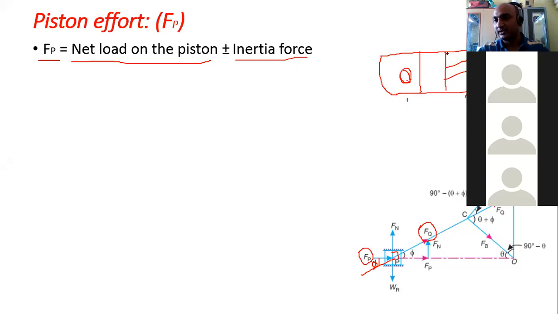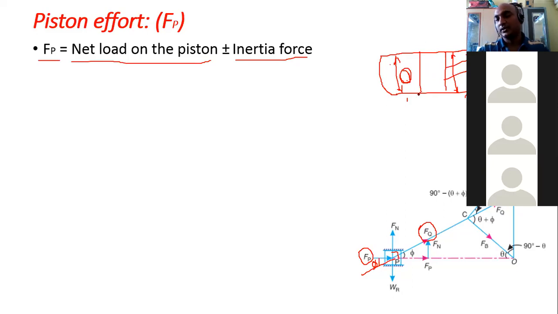The side with the connecting rod is called the crank side and this is called the piston side. The area on the crank side is less. Why? Because the available area is equal to the cross sectional area of the bore minus the area of the connecting rod. But on the piston side, the entire area of the bore can be considered to find out the pressure. So that's why there is an area difference.